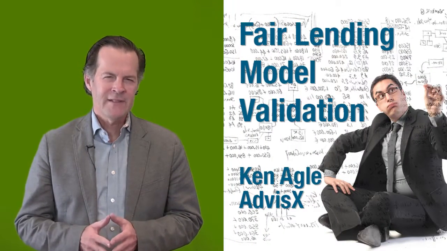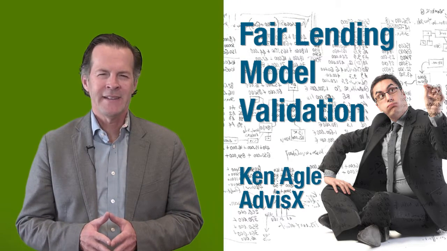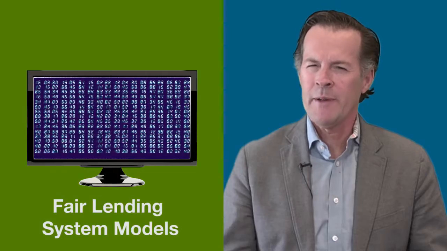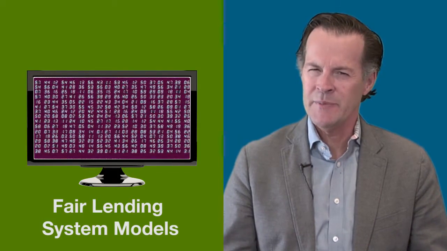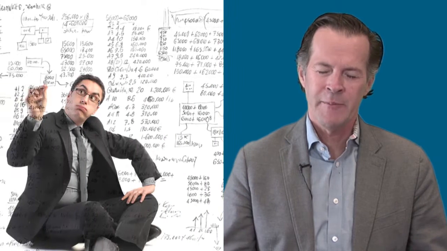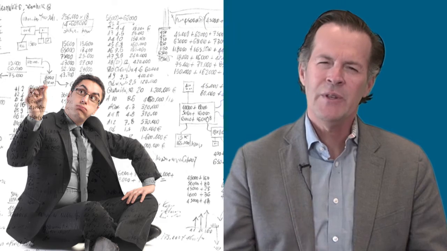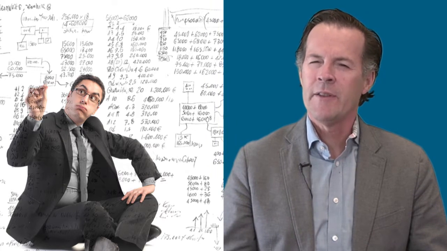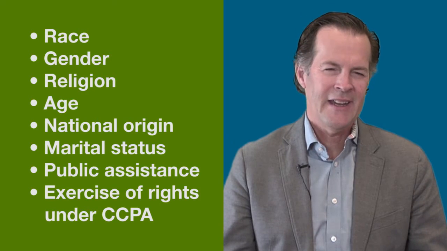Ken? Thanks, Jonathan. As there has been more emphasis in recent years on fair lending, more institutions have turned to automated decisioning and pricing systems. And then, to help evaluate whether these automated systems are fair and working properly, many institutions have also implemented fair lending systems that apply models or algorithms to determine whether the automated decisioning and pricing systems are treating applicants fairly relative to the prohibited factors such as race, gender, religion, age, etc.